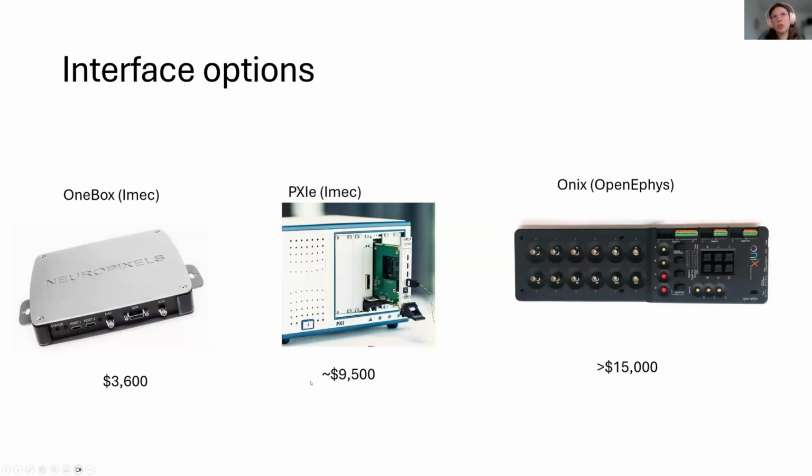There are historic other solutions such as the PXI chassis, which if you have that, then you can watch a previous video of how to put that together.